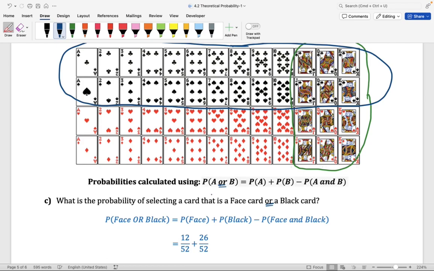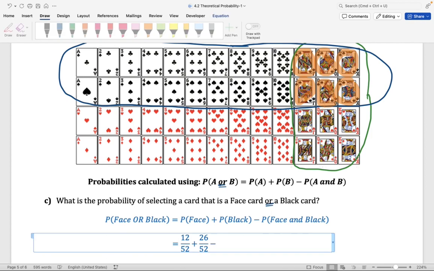Earlier, I mentioned that when we're calculating the probability of A or B, there are times where we count outcomes twice. And that is the case here. When you were counting the face cards, you counted some of these cards twice. When you were counting the black cards, you included all the face cards that had a black figure. When you counted the face cards, you counted those cards again. For that reason, the addition rule says, go ahead and subtract the probability of A and B. In our case, we have face and black.